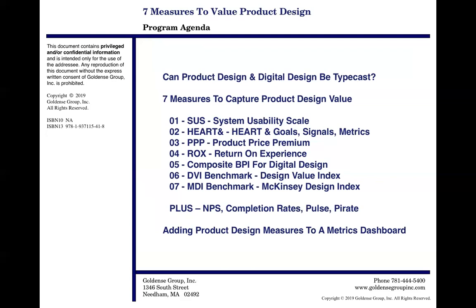The 6th and 7th measures are best-in-class industry benchmarks that exist today on the overall values of good design at the corporate level. The plus in this program, noting there are many measures we could have also selected for this program, quickly walks through a couple other measures that should be considered by companies that have design prioritized as a corporate strategic initiative. These measures have design components to them or measure additional design attributes beyond the 7 measures we discuss. To conclude the program, we'll suggest how these measures might fit into corporate dashboards and suggest how best to